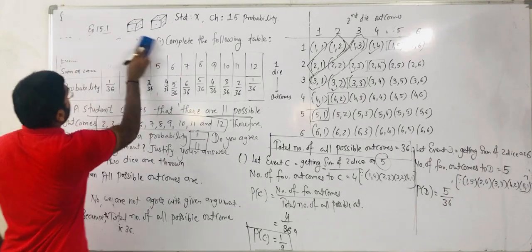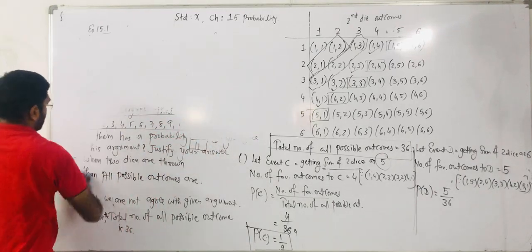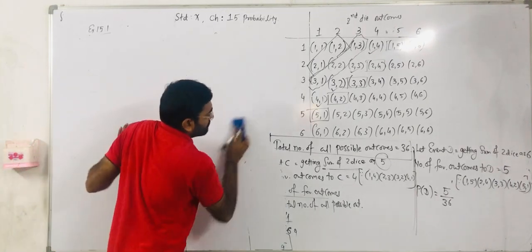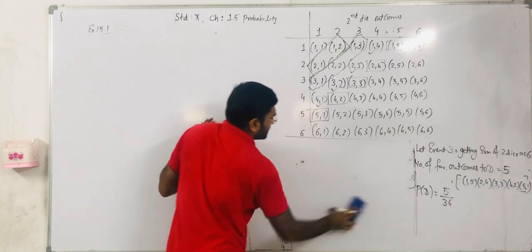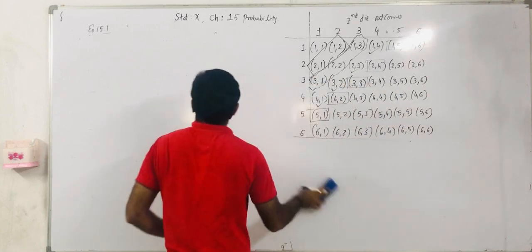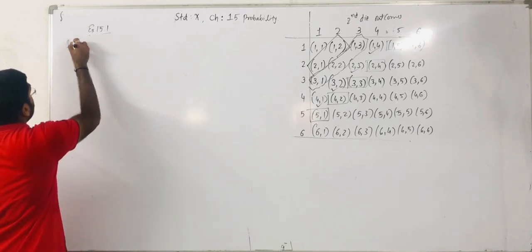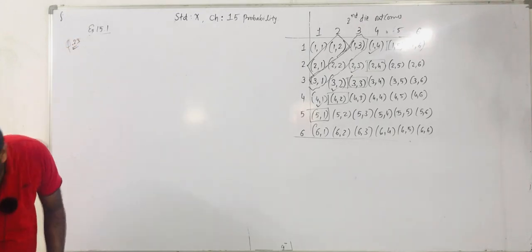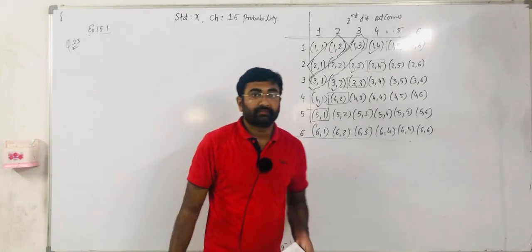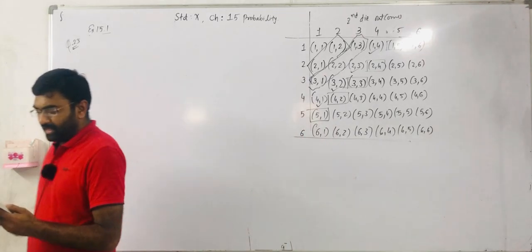Now we have to solve question number 23. This table we keep right now because we have to use it for another sum. Now we are solving question number 23. There is given a game that consists of tossing a 1 rupee coin 3 times. One coin will be tossed 3 times, and noting its outcome each time.